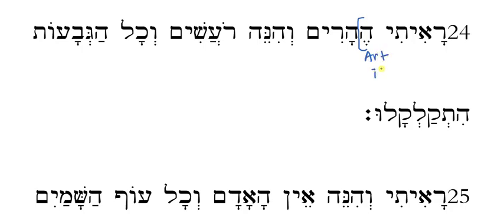Now remember, most of the time, the article is he patach with a doubling dot. Here, I have a guttural, so I can't put a doubling dot there. It rejects the dagesh forte, right? And if you also remember, when I get rejection of the dagesh forte, I could have he patach with nothing. I could have he segol with nothing. And this is the situation where I get the he segol. So, and I saw or looked at the harim. Har is mountain. That's the masculine plural ending.